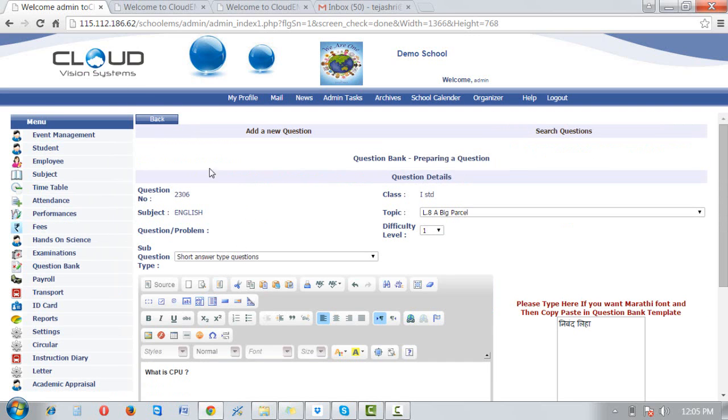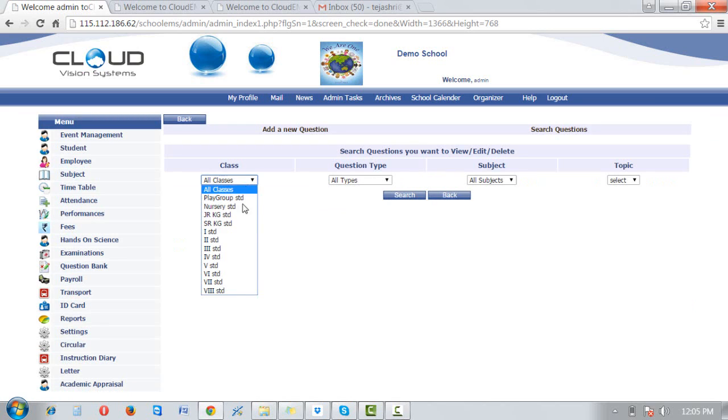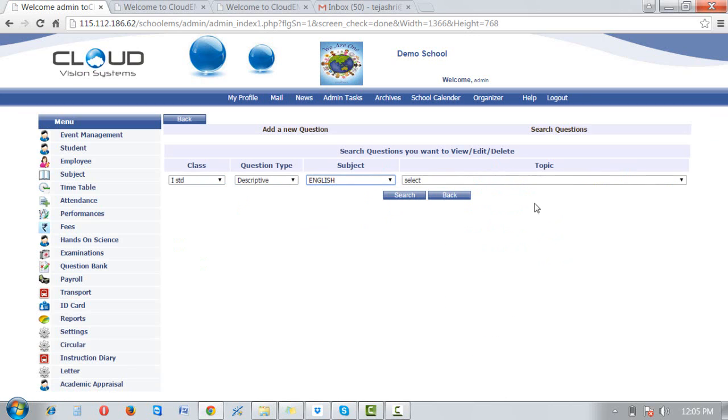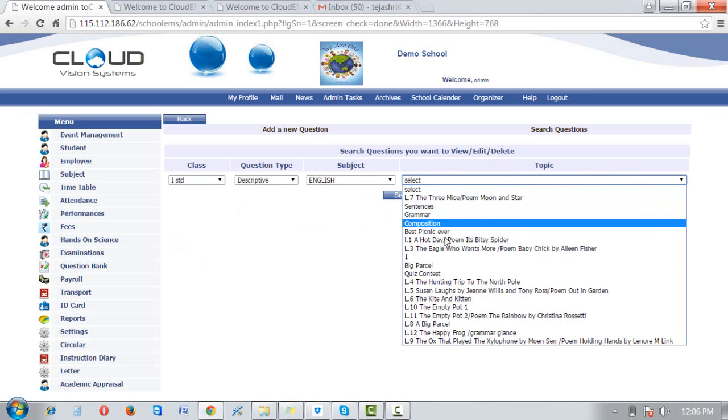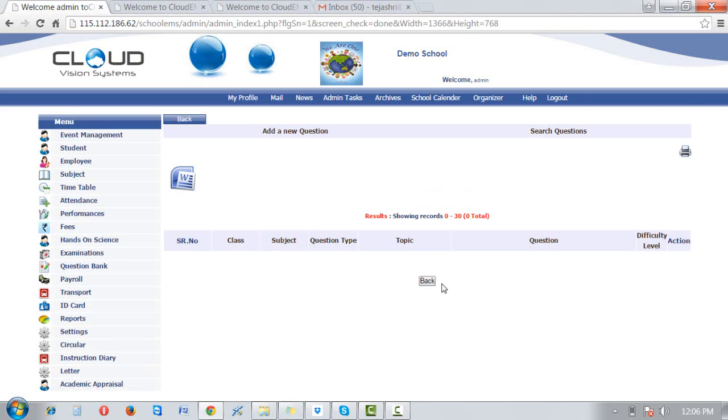Once we prepare the questions by adding all these details, we can search questions in the question bank. For the prepared questions, select class first, then question types. If I want to select objective, then against descriptive, and subject English, against topic, and just click on search.